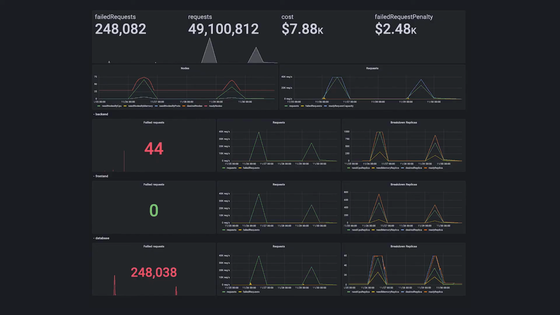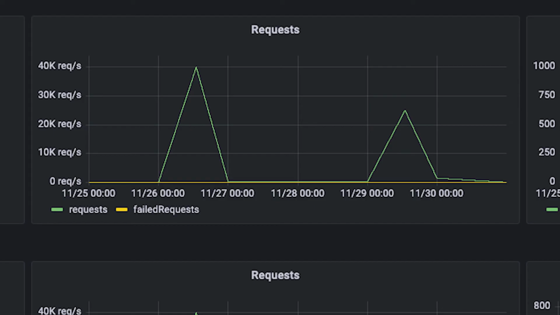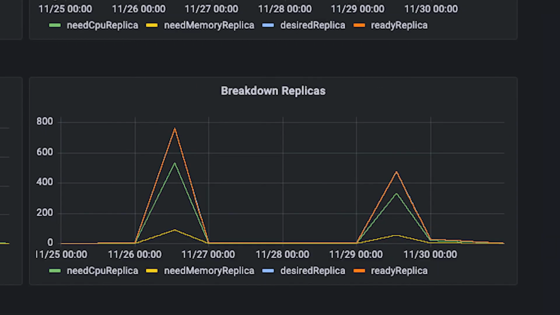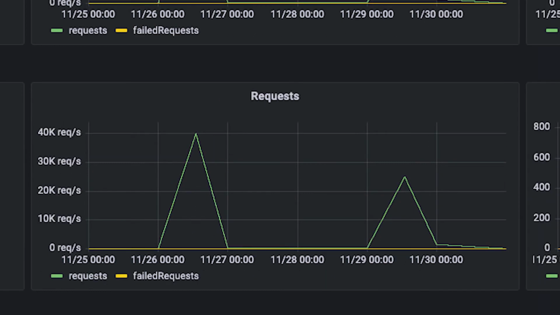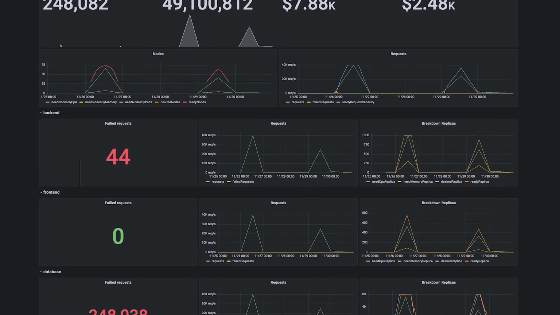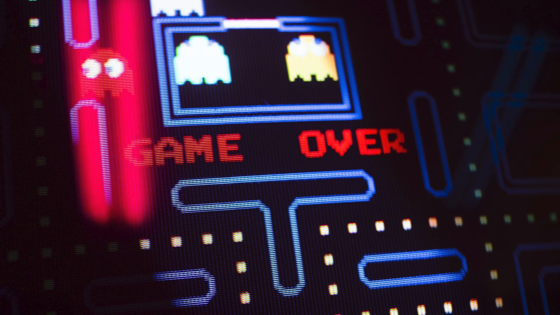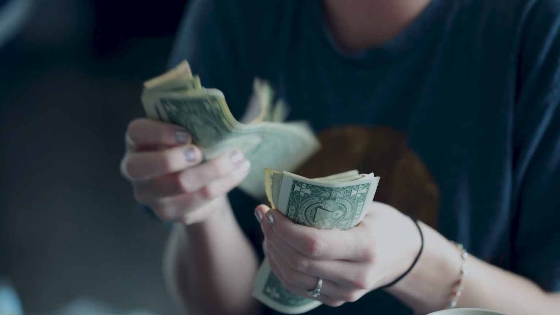So using our tool with our scenario that we've described, we can see how many requests its current configuration can handle as a whole. And we can see the capacity that was actually available at that time, which will give us a feel for the actual waste at that point. And we can dig into each component and tweak the configuration and see how that would then play out differently. This might begin to feel a bit like a game where the aim is trying to minimise the amount of overcapacity whilst avoiding some penalties in order to make a profit.